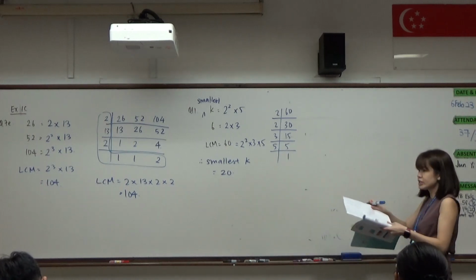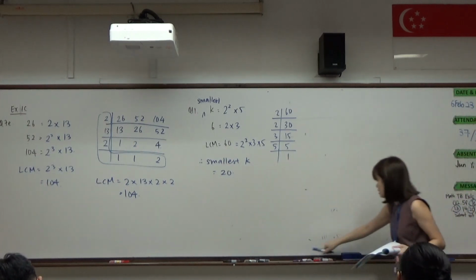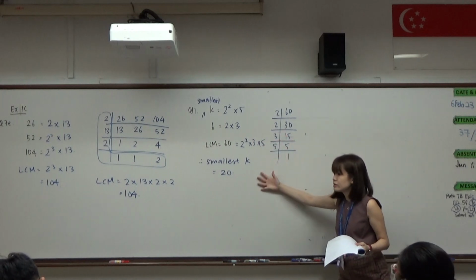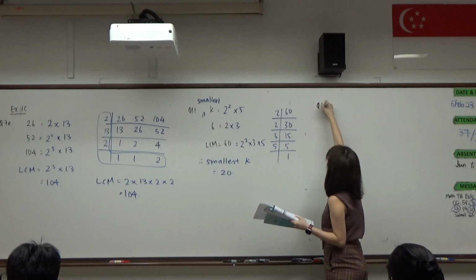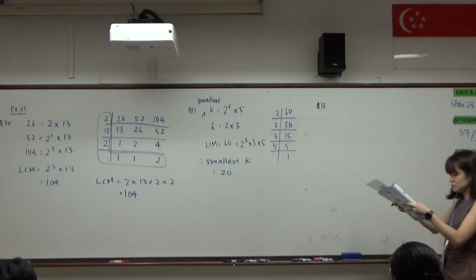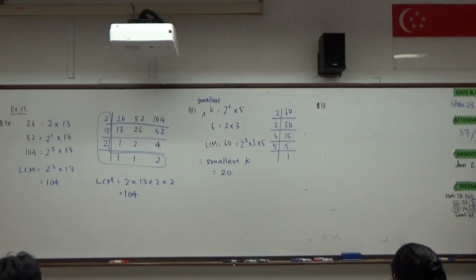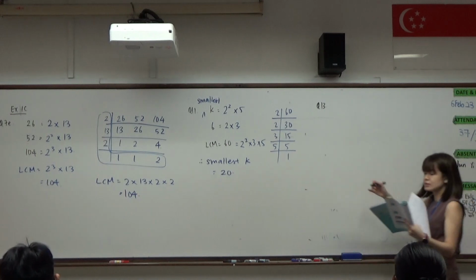Next, question 13. So Rose, you get it already, right? Yeah. Okay, great. Question 13. We have 3 numbers, 1080,